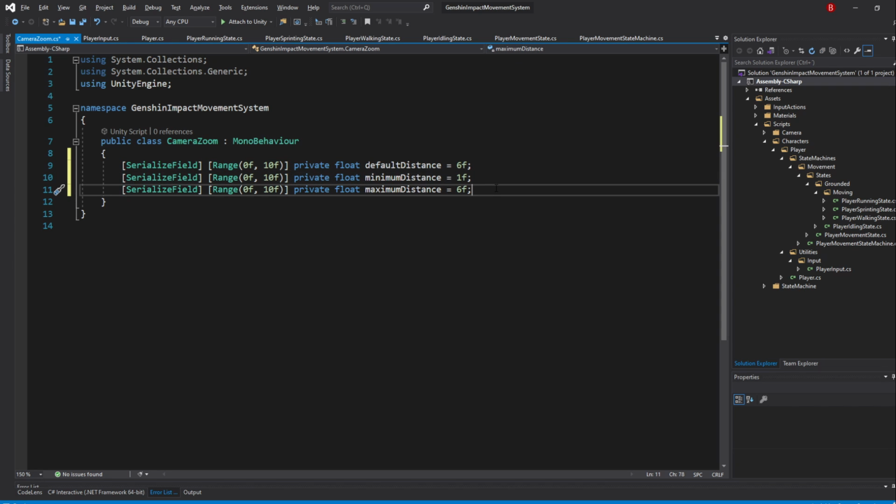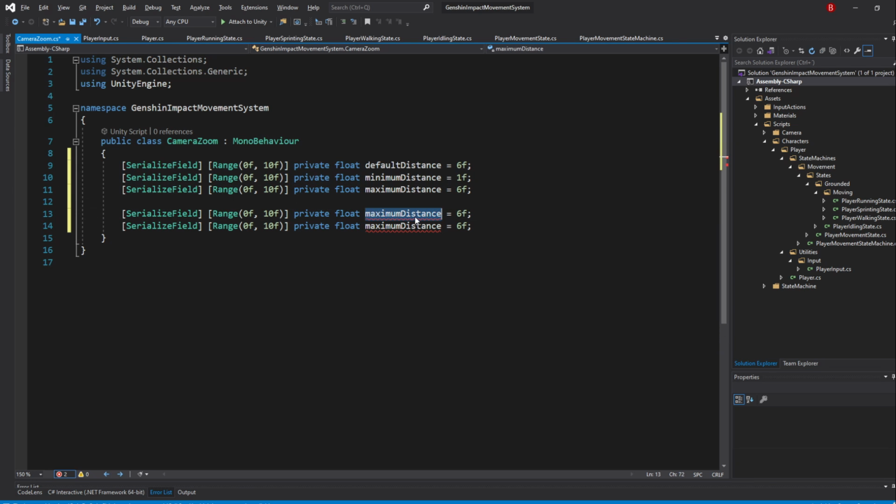Next, we'll add 2 more variables: a value to smooth our distance lerp and a value to multiply our set axis value with. So duplicate one of the variables above twice and then change the first one to be named smoothing and the second one to be zoomSensitivity. I'll default the smoothing to 4f and the zoomSensitivity to 1f. That's all the data we need to be able to set in the inspector.